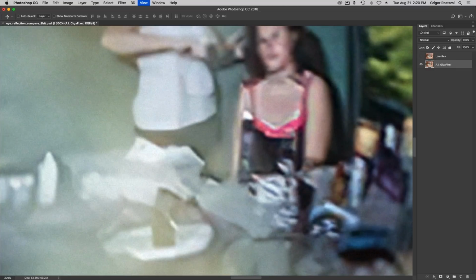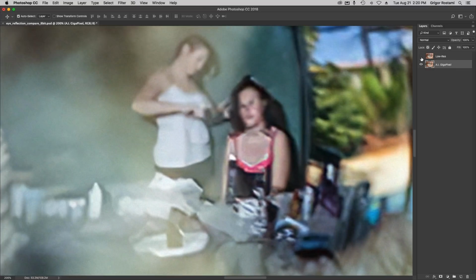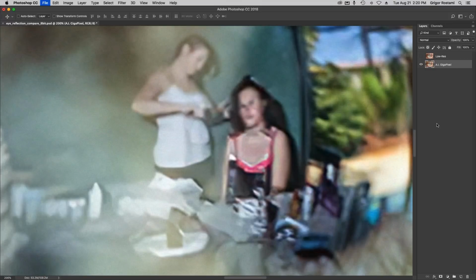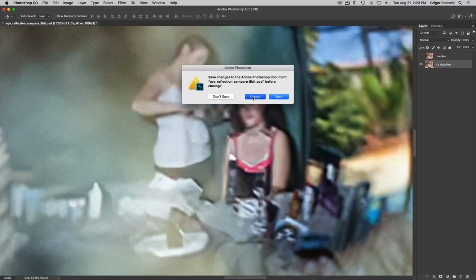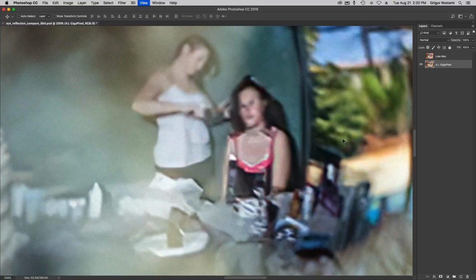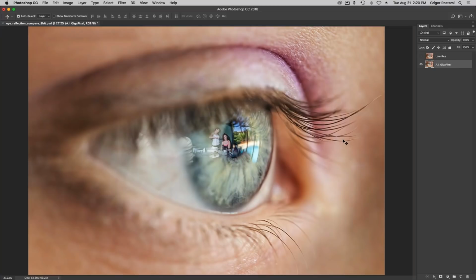And as we look at some of the things that are around on the table, okay, this is what AI Gigapixel is imagining from all of that. Once again, there's the before and there's the after. And you're looking at a reflection in somebody's eye on a full res image? Yes. I know, it's crazy, isn't it? When I did this one, it totally reminded me of CSI on television. And so it made me chuckle. And I'm so grateful that Peter Adams-Shawn does this beautiful photography from inside of people's eye reflections,